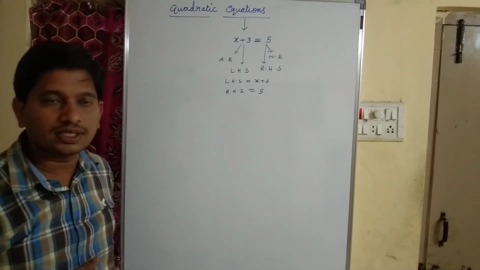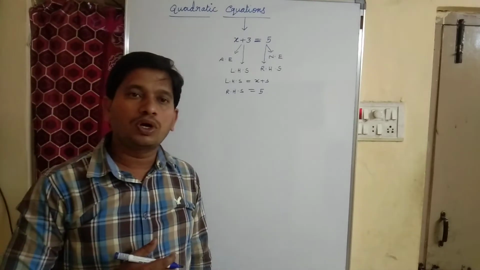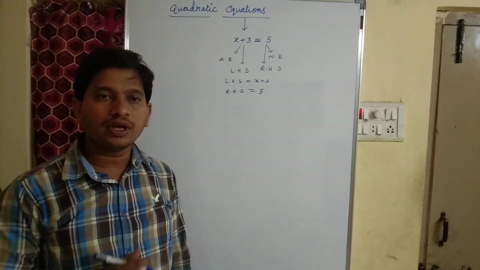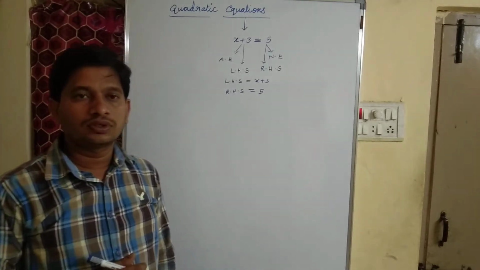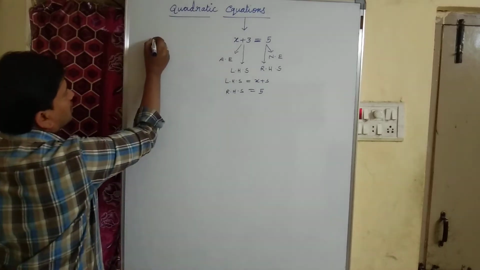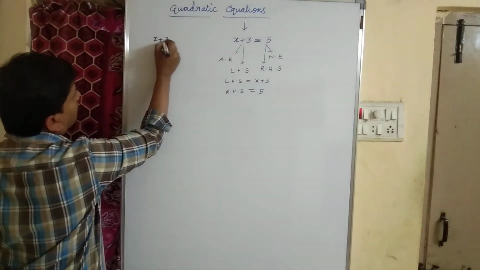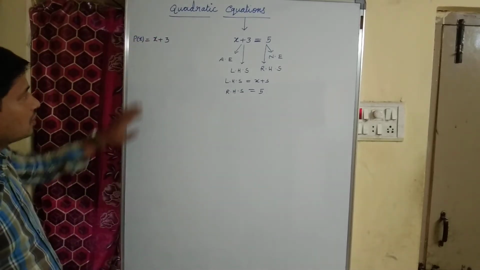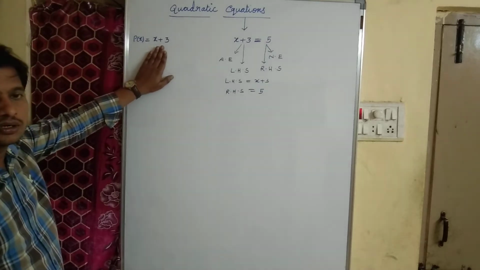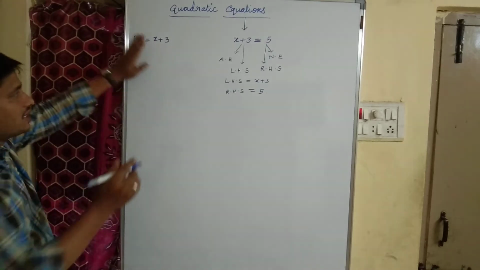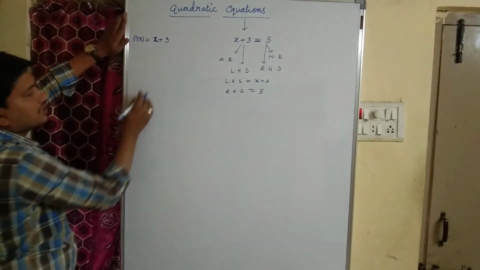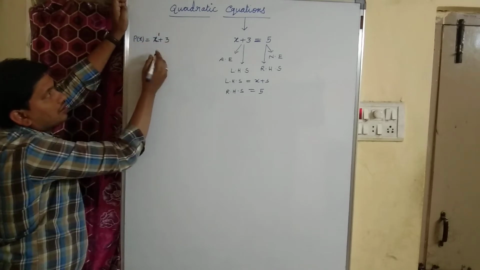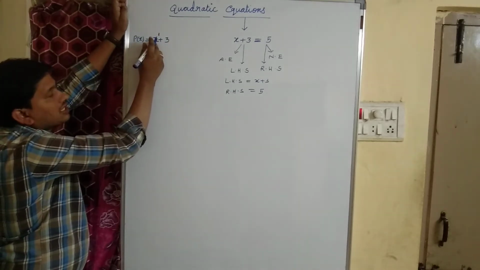In our previous classes, we have learnt about polynomials. We have learnt about linear polynomial and quadratic polynomial. So, for example, if you consider a polynomial p of x equal to x plus 3. Here the variable involved is x. What is the variable here? x. What is the highest power here? Here nothing in the sense 1. Exponent of x is 1.